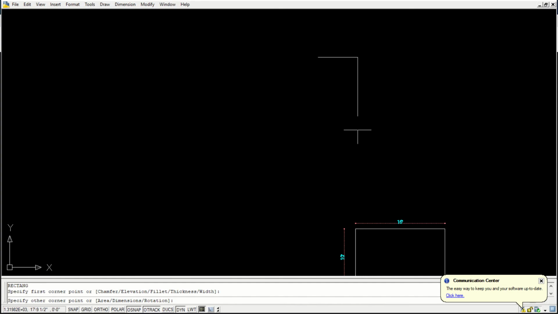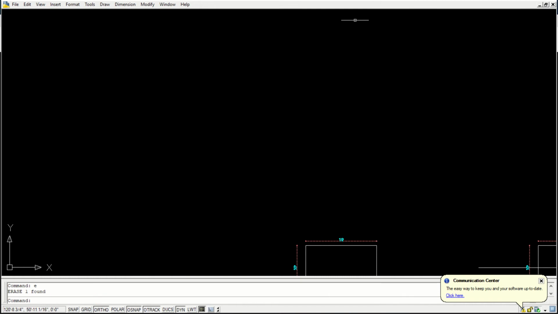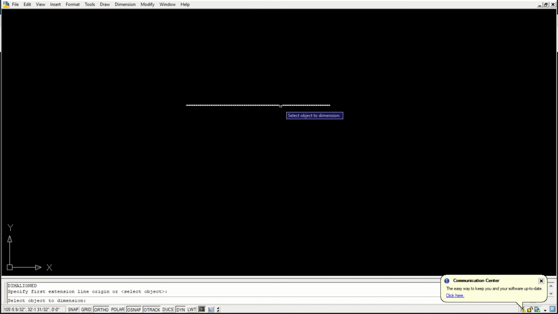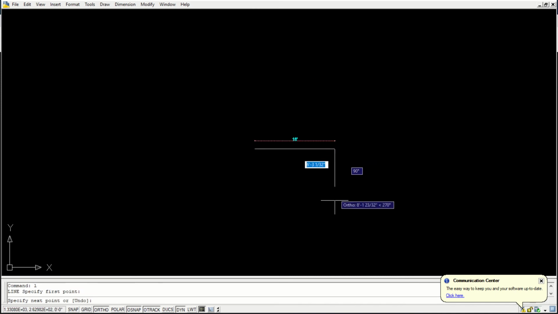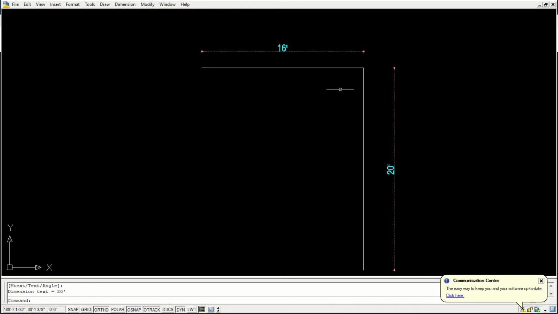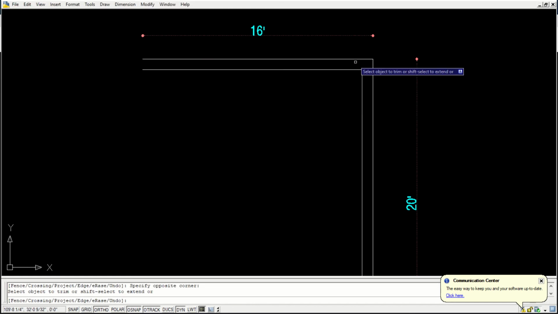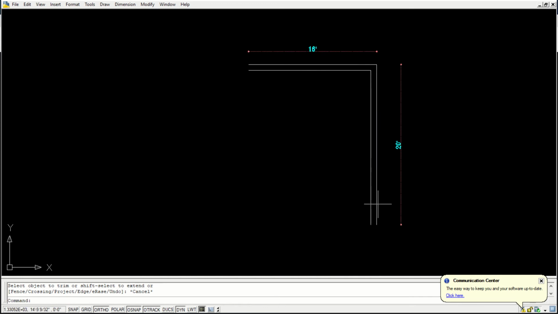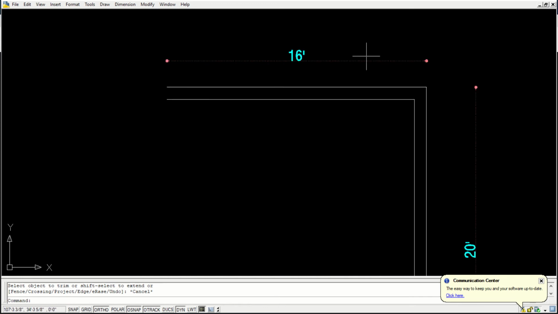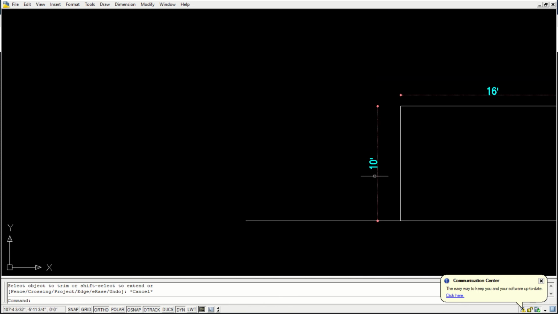So if I have to draw it here, let's say 16 feet one side, and 20 feet maybe the other side. Let us assume that this is the wall that we are trying to draw in the perspective, which is 16 feet wide and 20 feet depth, and the height of the room is 10 feet.